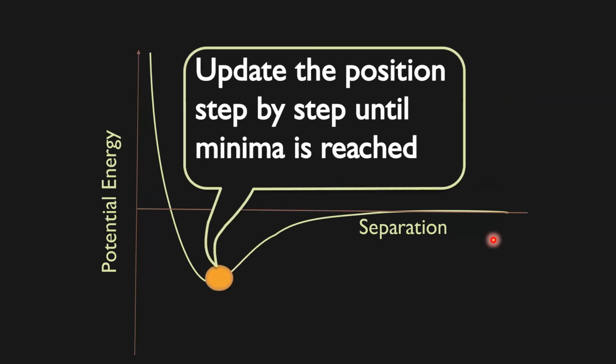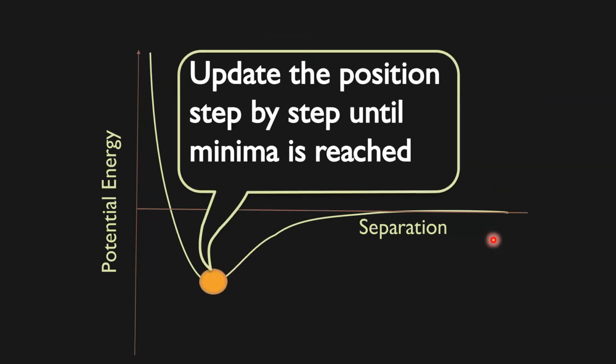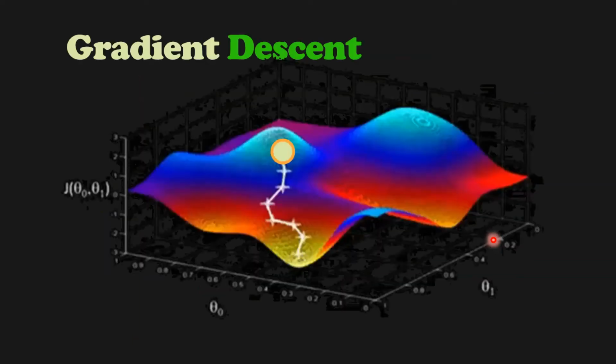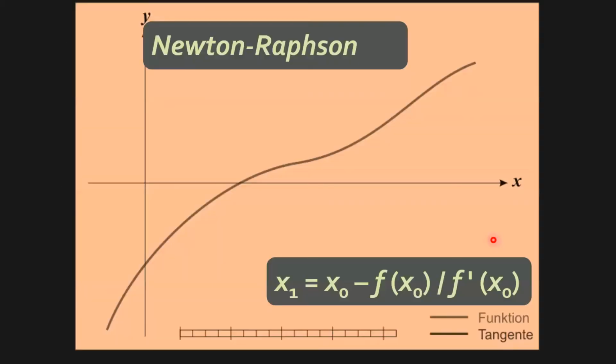Then there are certain procedures, algorithms, and computer applications where the algorithms are implemented. They update the position step by step until you reach the minima. Some of these methods are basically gradient descent, going down in the direction of the gradient. It starts from some point and then takes a few steps until it reaches the minima. So what are the methods?